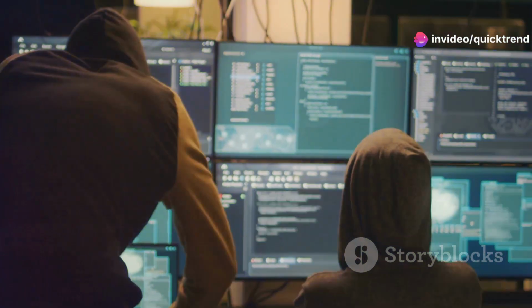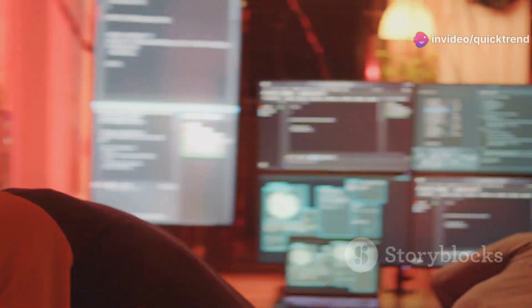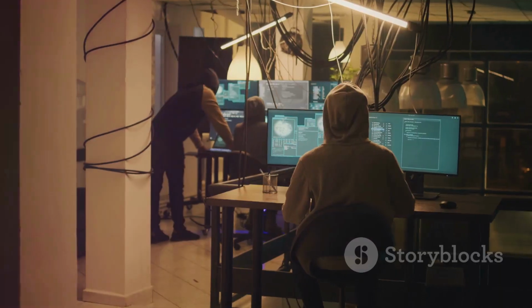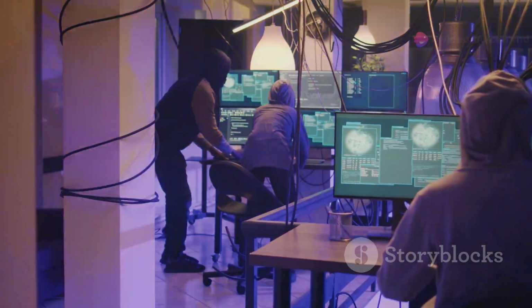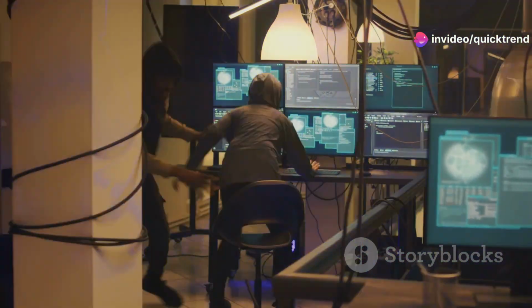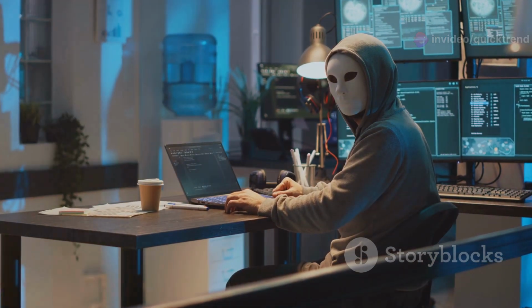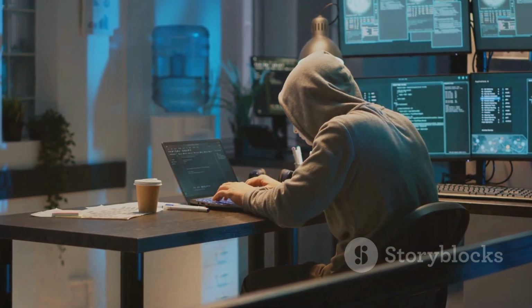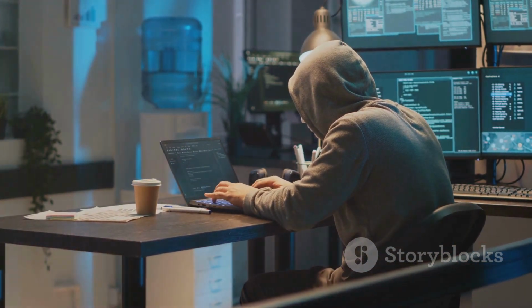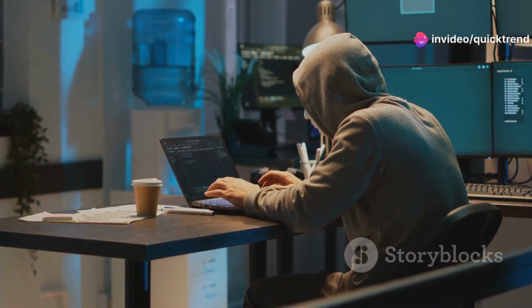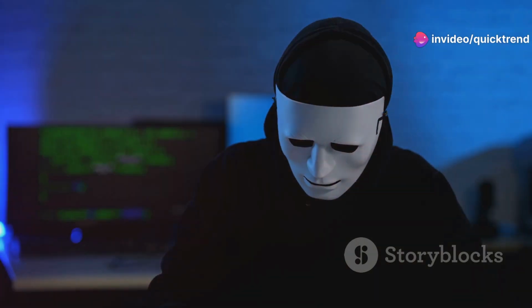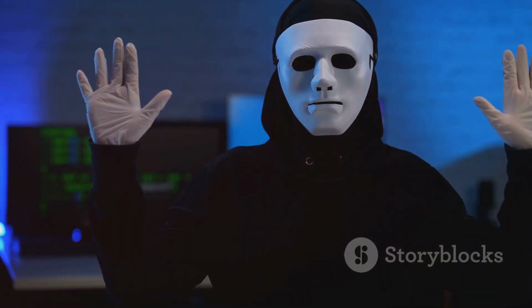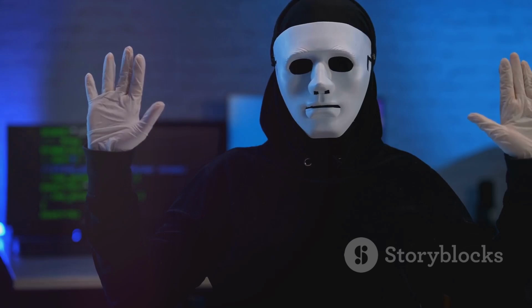The case of the Silk Road highlighted the challenges of policing the dark web, where anonymity and encryption provide a shield for criminal enterprises. Law enforcement agencies had to develop new strategies and technologies to combat this new form of cybercrime. The anonymity and encryption tools used by the Silk Road and similar platforms made it difficult for authorities to gather evidence and build cases against those involved. This cat-and-mouse game between law enforcement and cyber criminals continues to evolve as both sides adapt to new technologies and